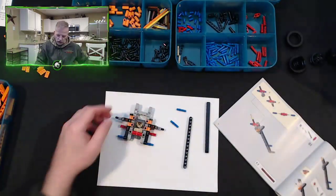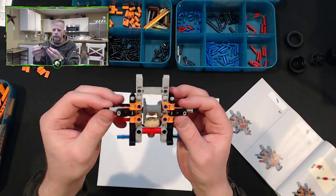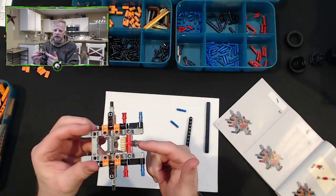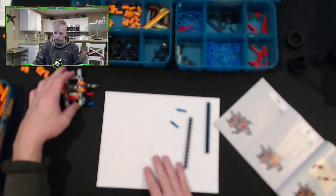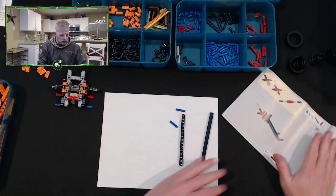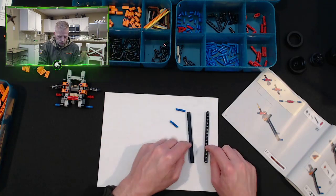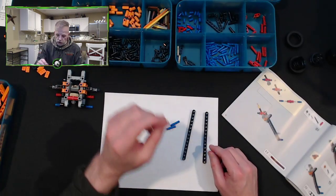So if I'm correct, we finished the first component, which is the differential, which is going to drive the rear tires of the vehicle. And I'm guessing this part is going to go out towards the engine. So we're going to set that up here for the time being. This next part, I'm guessing, is going to be the rails and drive shaft for the vehicle. But it says 2 of the long rails, 2 of these, and I need 2 small black